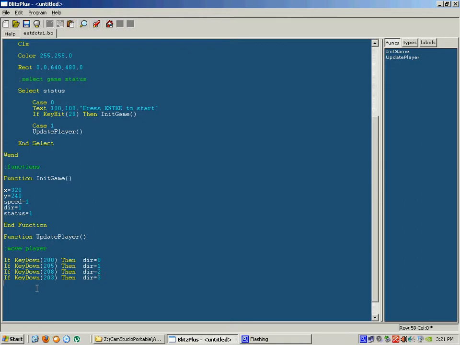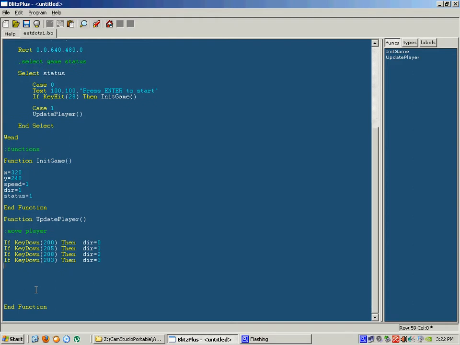So moving in any direction there. So up, down, left and right. So hang on, this is up, is this right, left, right, down and left. 203 is the left key, sorry. So we're starting from moving up, moving to the right, moving down, moving left with the arrow keys. These are all the scan codes for the arrow keys, which you can look up in the help file